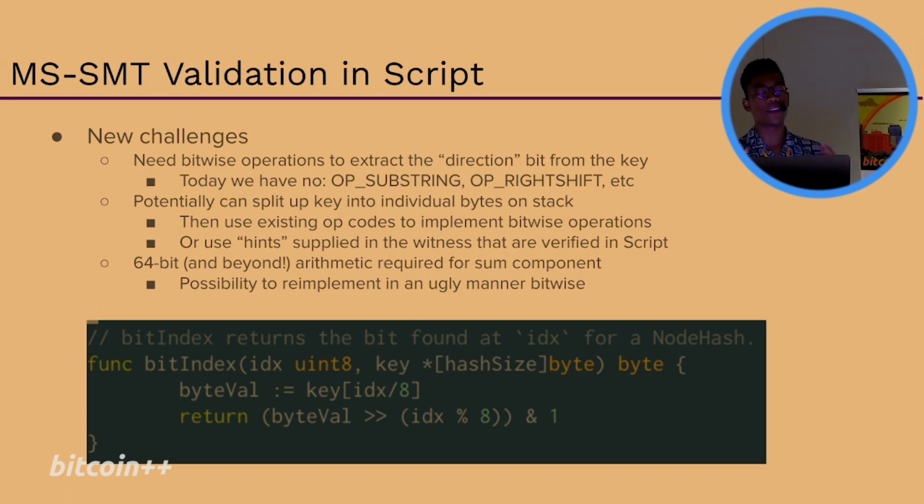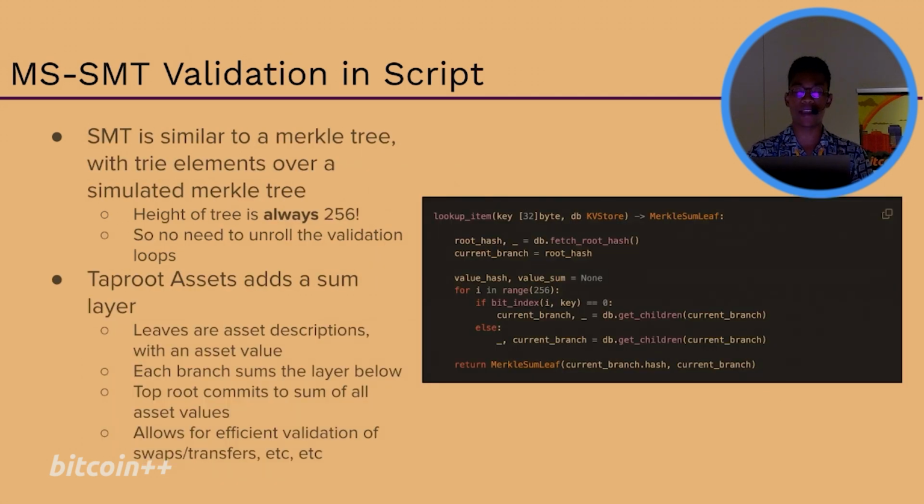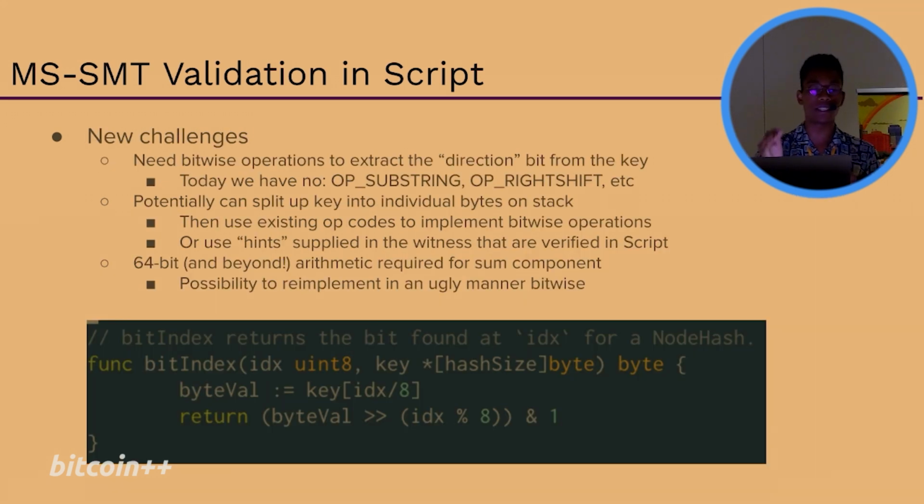But the difference is, doing the SMT adds some additional new challenges as well, because, for example, if we go back to the slide, you see we're actually needing to branch on the bit condition, right? Versus a Merkle tree, where it's just hashing, and it's a little bit simpler. So therefore, you basically need an ability to do some additional bitwise arithmetic, right? And as we know, many things in Bitcoin Script are disabled, and you need a routine that looks something like this, which can probably be optimized a little bit further, so that maybe you might need some things like the shifting opcodes, maybe potentially part of the Great Script Revival itself, right?